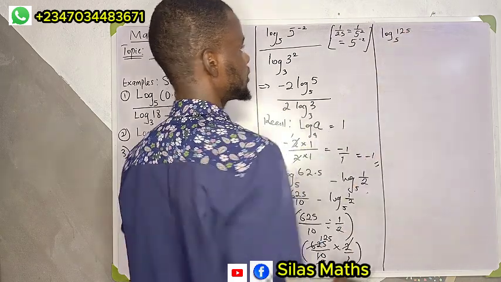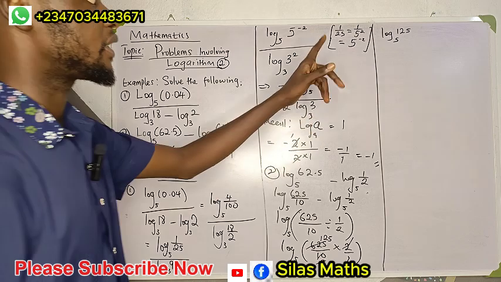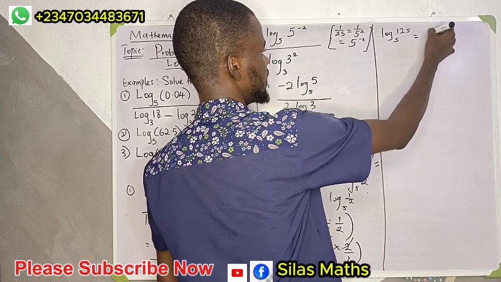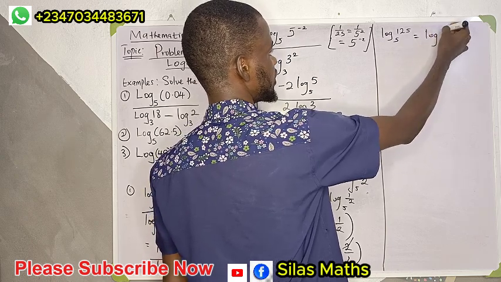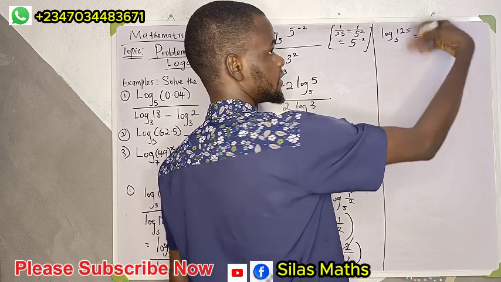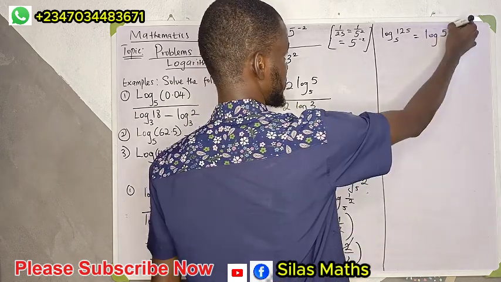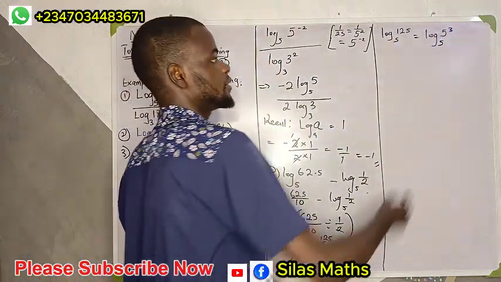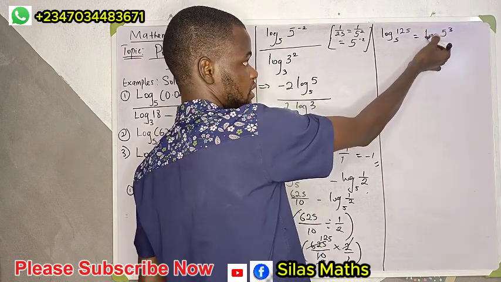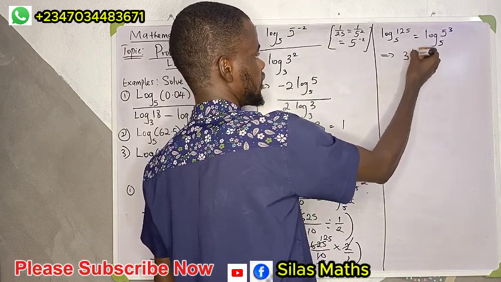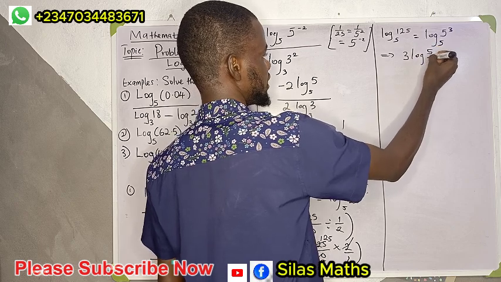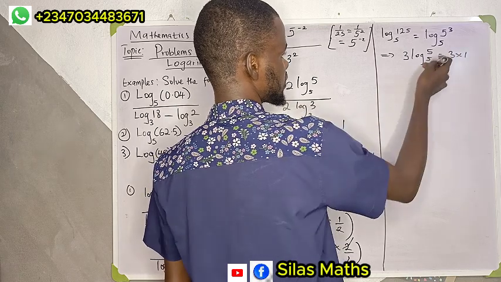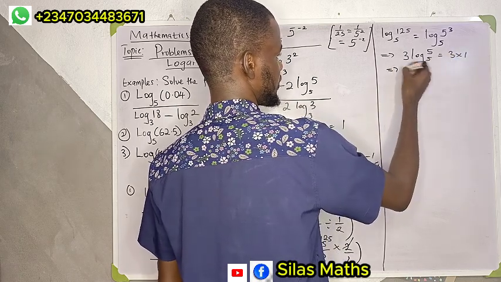125 base 5. So if I have logarithm of 125 base 5, I can express 125 in multiples of 5. So that will give me logarithm of 5 to the power of 3: 5 times 5 is 25, 25 times 5 gives 125. So expressing that further, remember that this power will multiply this log. So we have 3 log 5 base 5, and that will give me 3 times 1, because log of the same base will cancel out. So we have our answer to be